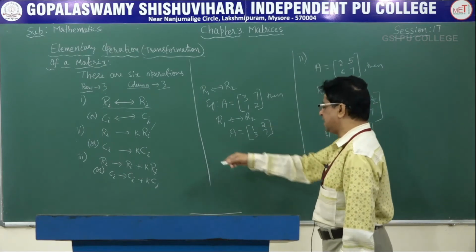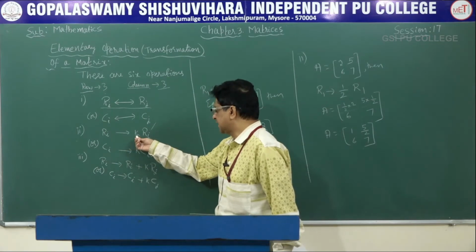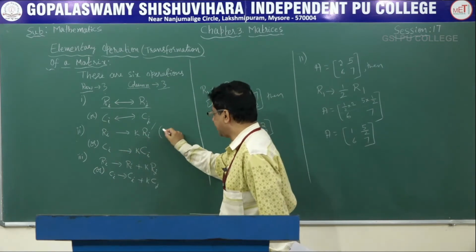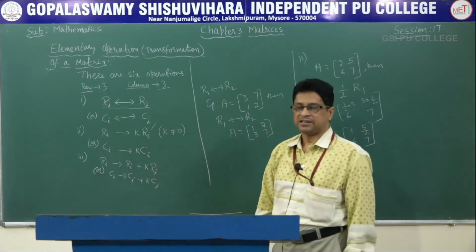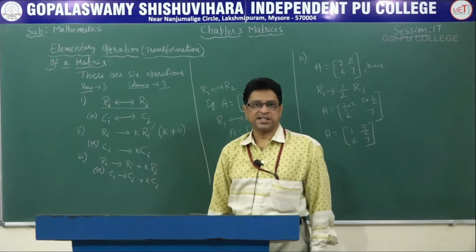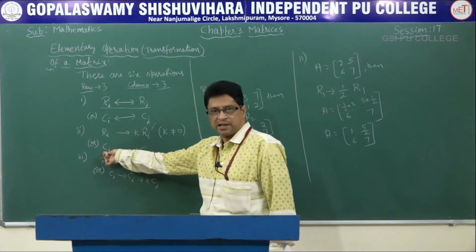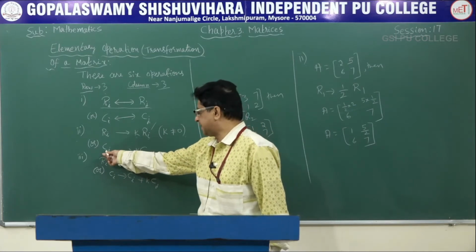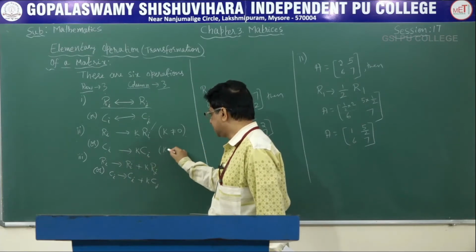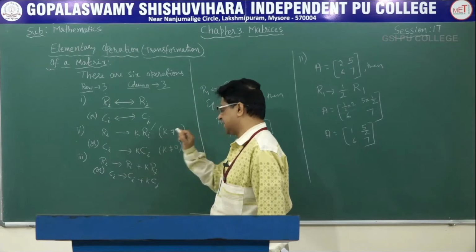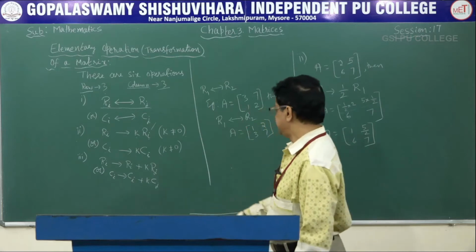That is, in general we represent it as Ri can be written as K times Ri, provided that K should be not equal to 0. That means K is a non-zero scalar. Similarly, for column operations, the corresponding column operations can be represented by Ci can be replaced by K into Ci, provided that K should not be equal to 0. And the third operation